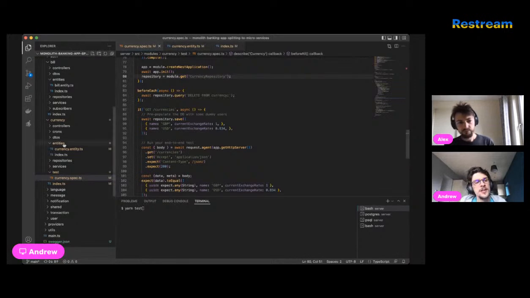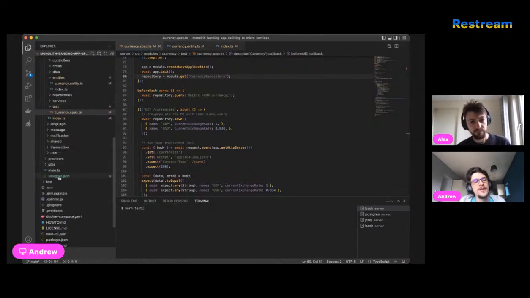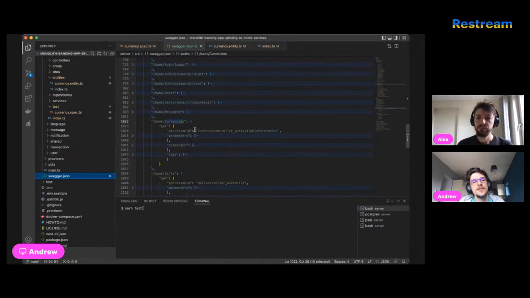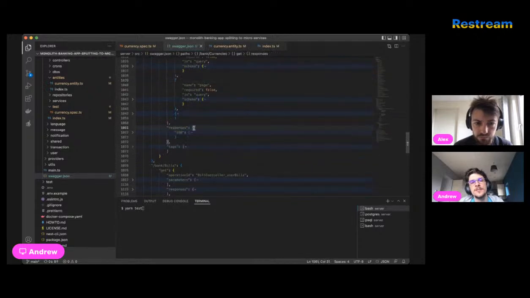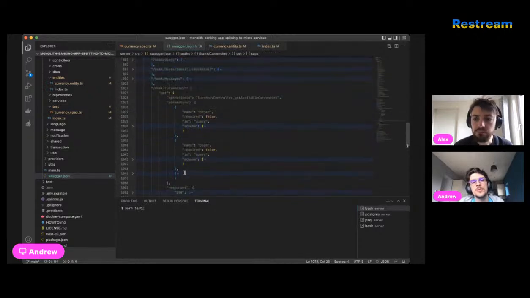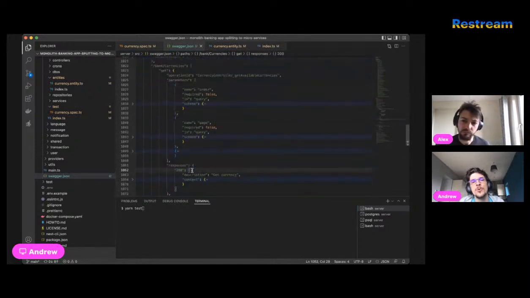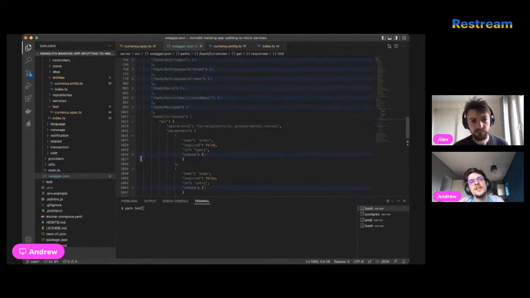We have a specification, as we found out earlier: a Swagger file, which describes what parameters could be provided to this route, what response code should be provided back, and so on. So our idea is to test this API, and then we will move this functionality to a separate service, and it should still work as expected.